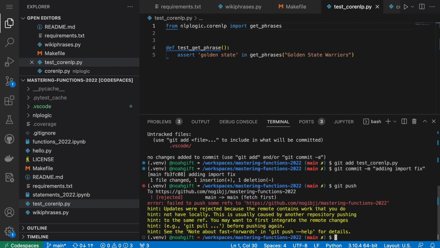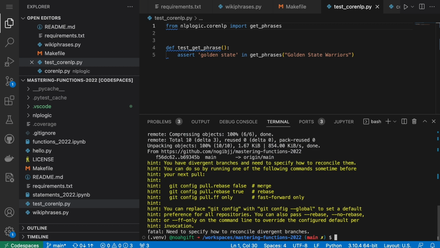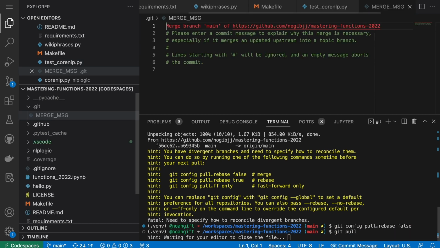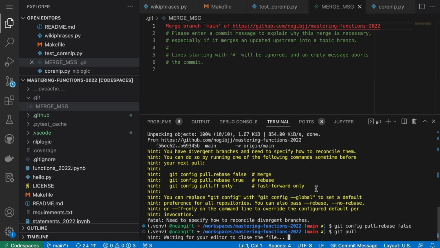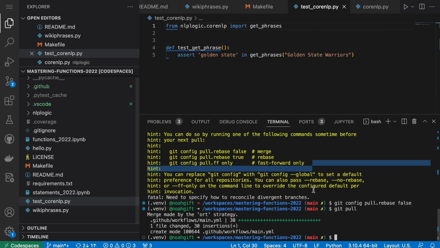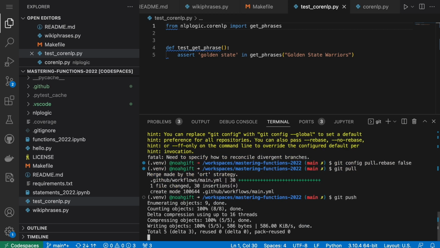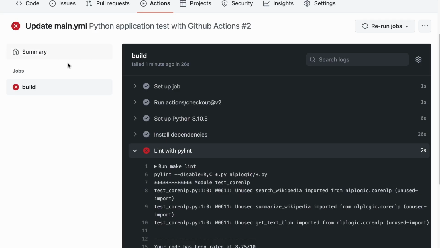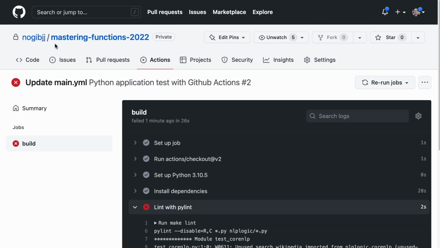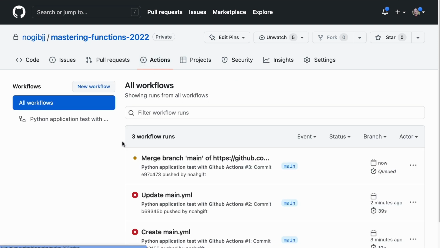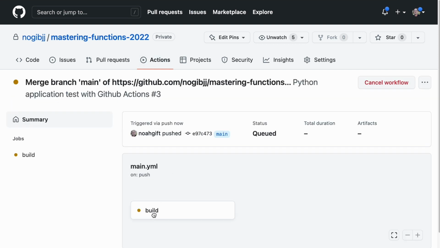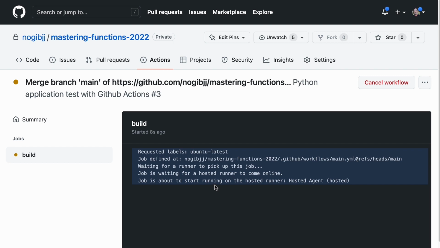Push this change, and now, we need to do a git pull first because we added GitHub actions. So it's always fun to play git, and then we close it. It'll merge. Whoops, merge message, git push. There we go. So now we go back to actions, merge the branch, look at the build, and we should